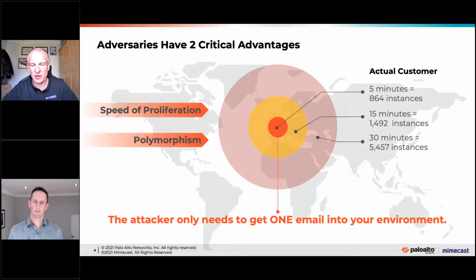So this is an example of something that we saw just in one customer around an email attack. Now, there are a couple of things around email attacks that are maybe not that well understood. Firstly, there's the speed of the proliferation of an email, how it gets around inside an organization. And then there's also the polymorphic side of attacks as well, where the attackers, the adversaries, can just make minor changes to make sure that a single attack can be changed and reused time and time again.